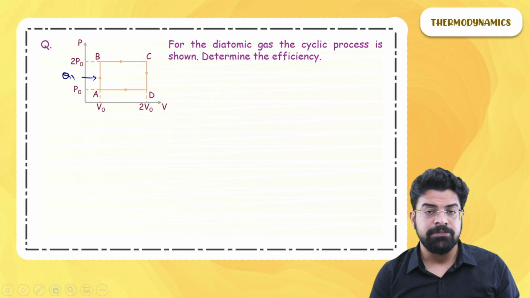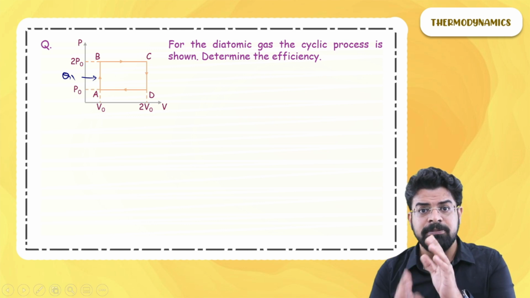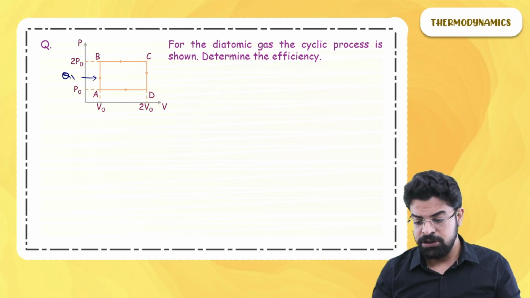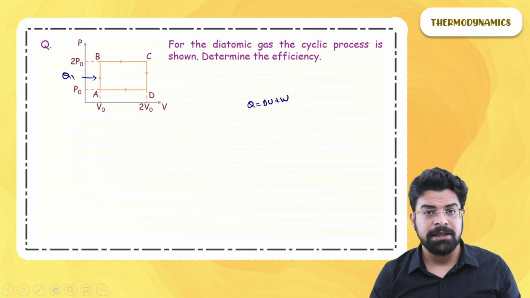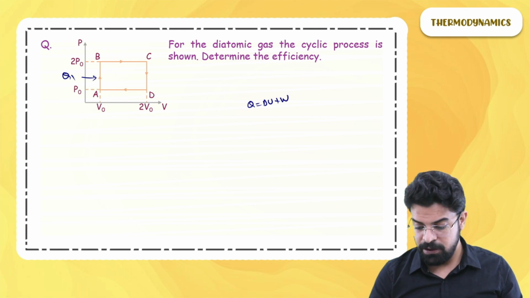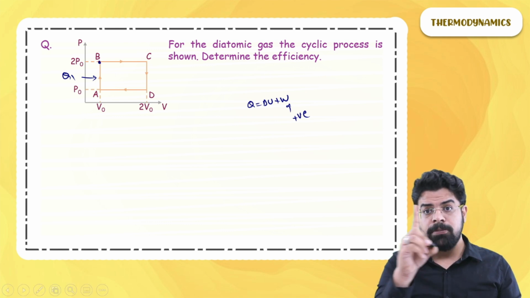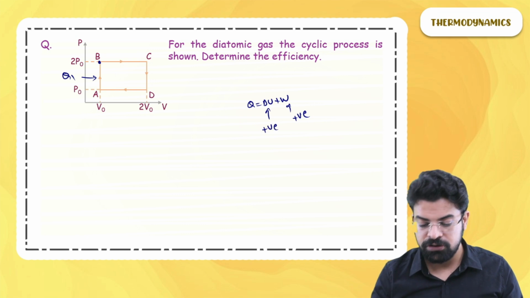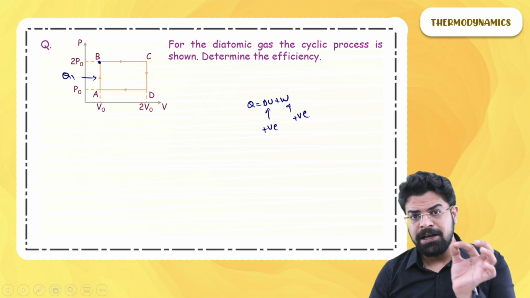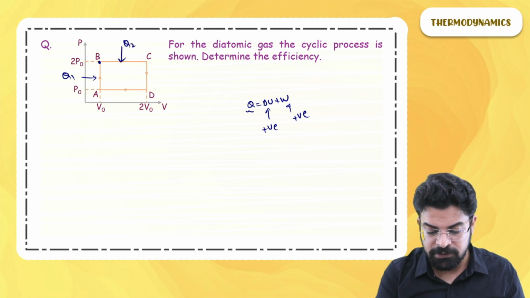From B to C, pressure is constant, volume increases, it means that the work done is positive. So from Q equals delta U plus W, you can say from B to C, work done is positive, as well as at constant pressure, the volume increases, it means that temperature increases, so the change in internal energy also has to be positive. So from B to C, the heat given is positive, so some heat will be given in this part as well.